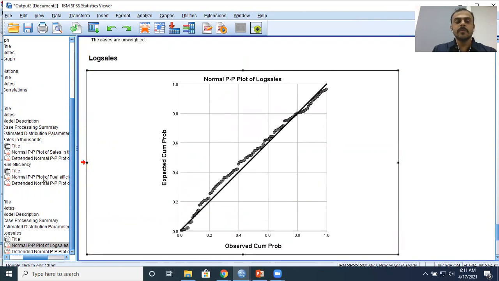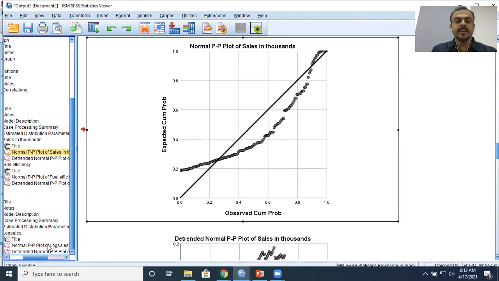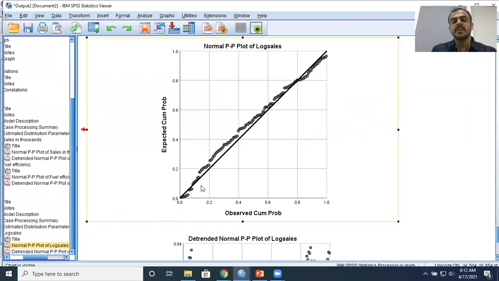Let me just jog your memory by comparing it with the old variable. This is my old sales variable. If you just see here, if you take the raw data as it is, the distribution is nowhere near normal because the data points are not lying along the diagonal. Let me just try my luck with the log transformed sales. Look at the distribution here. Look at how beautifully log sales basically comes closer and closer to the diagonal line. It's almost as if they are hugging each other.